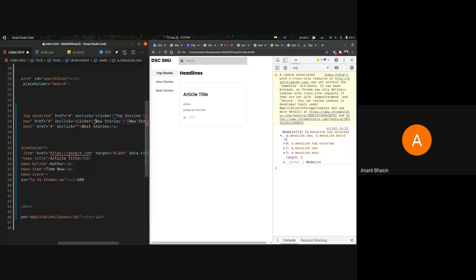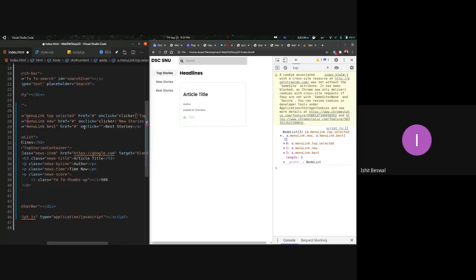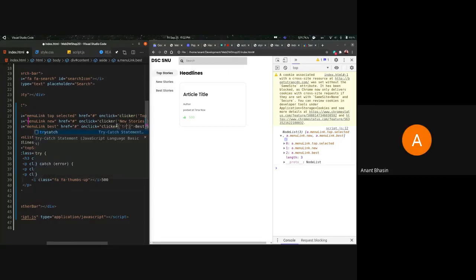Wait, is that right? Okay, so you have to use different ones. Right, so what happens is you can't use double quotes inside double quotes, so you have to use a single quote inside a double quote or vice versa, so it doesn't give you any error. So this is going to be trending stories.